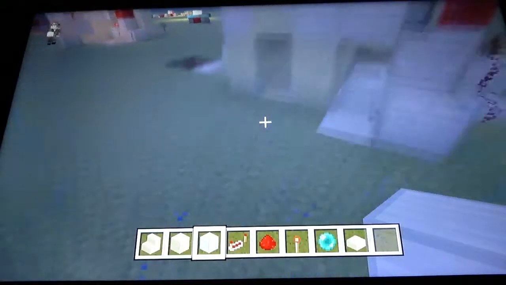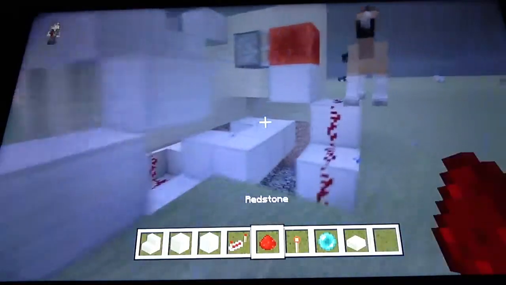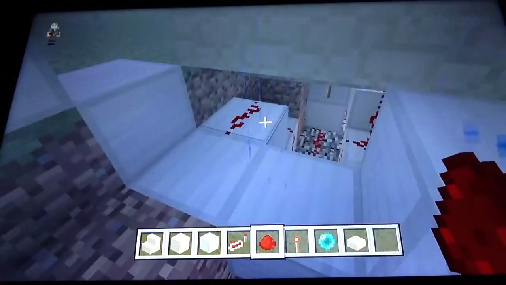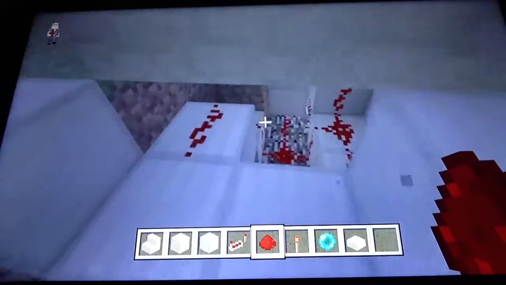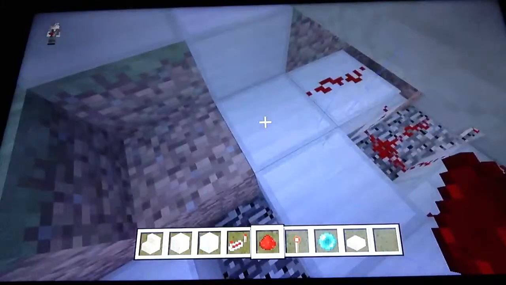Okay guys, I'm back, and this will be the final part of the tutorial. So all you have to do now is come back to this redstone dust here, and this was the 2 block bit that came from the torch. So what you want to do after that is build 2 blocks along like this here,